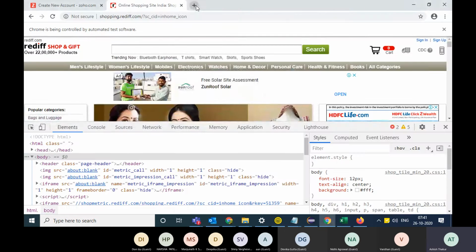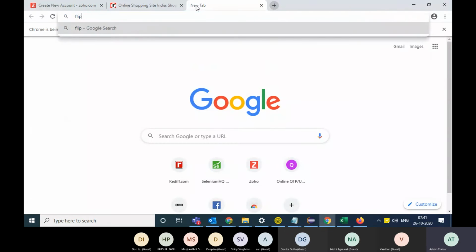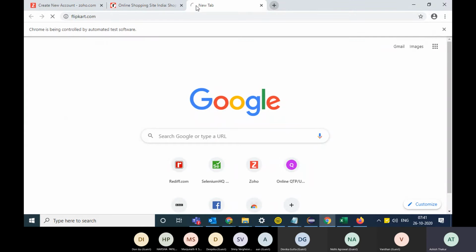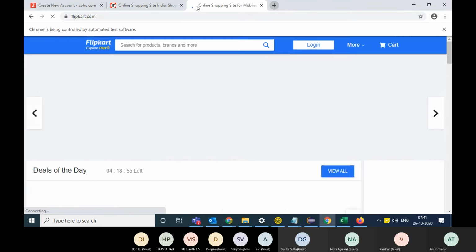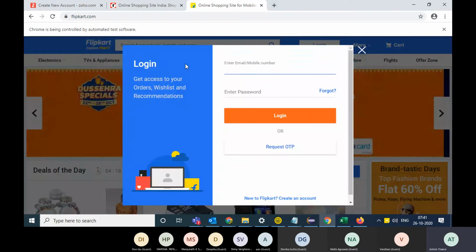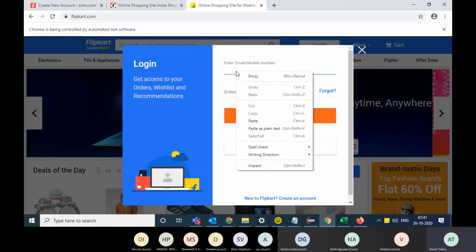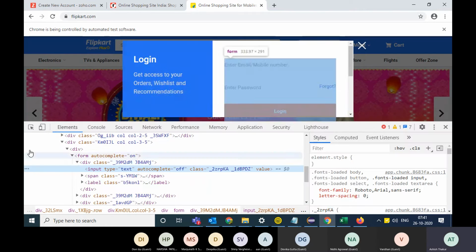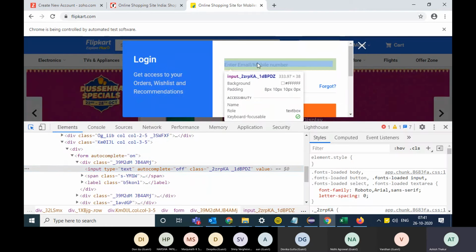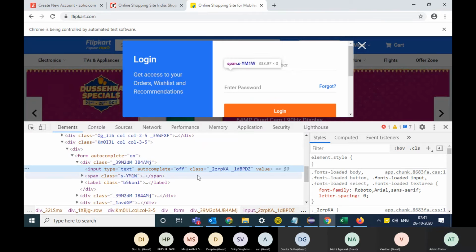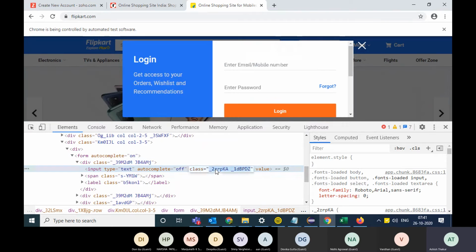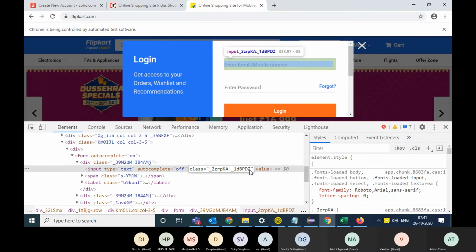For example, if I go to the website flipkart.com, this is the login page which comes up. If I inspect this page and look at the email field, the email field has got this particular class name.